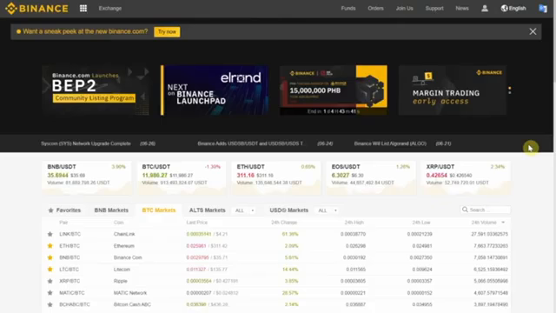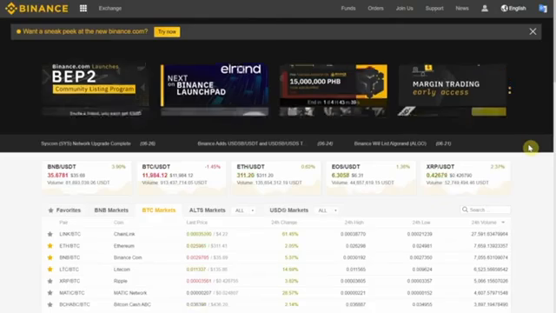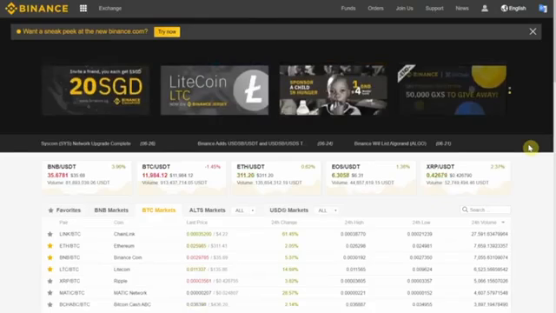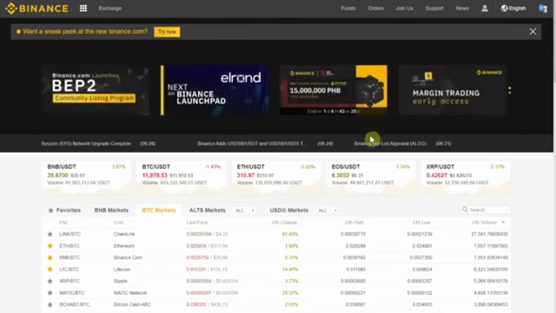Please bear in mind that this is not financial advice. Please do your research and don't risk any money that you can't afford to lose, okay? Very important. So I chose Binance because they're really,